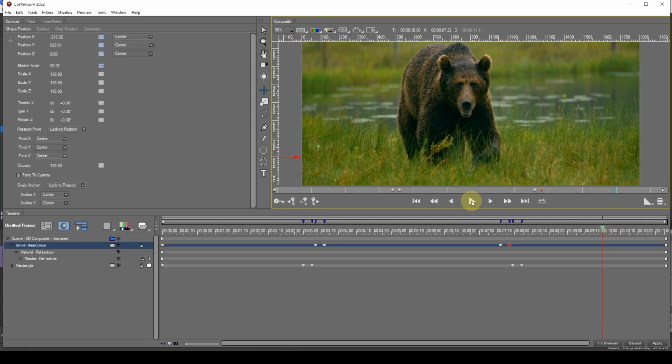In the next tutorial, I'm going to take a look at the built-in credit scroll and text scroll functions available